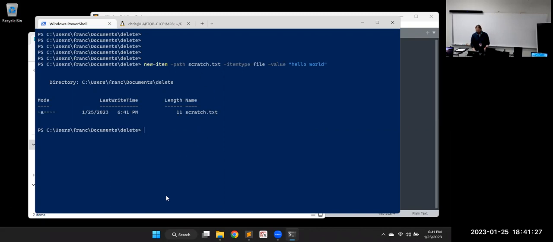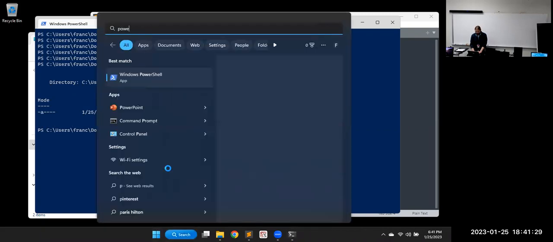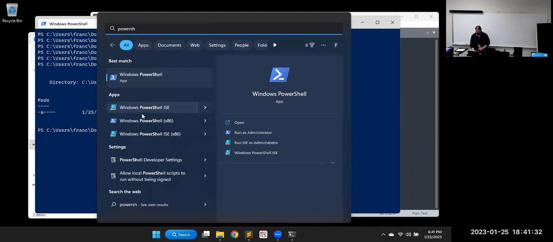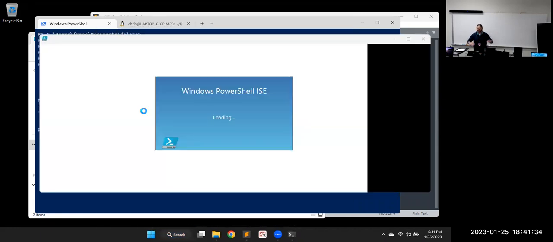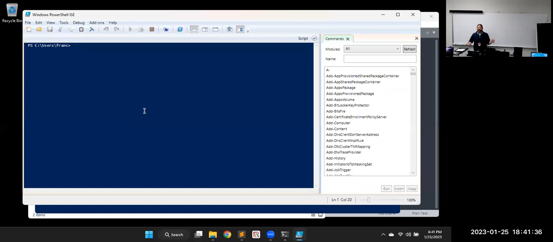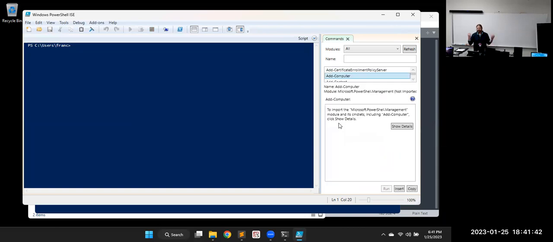If you're on a Windows machine, PowerShell ISE is actually an IDE that has all the predictive text, help menus, and GUIs to fill in forms and stuff like that. The help menu is built right in.